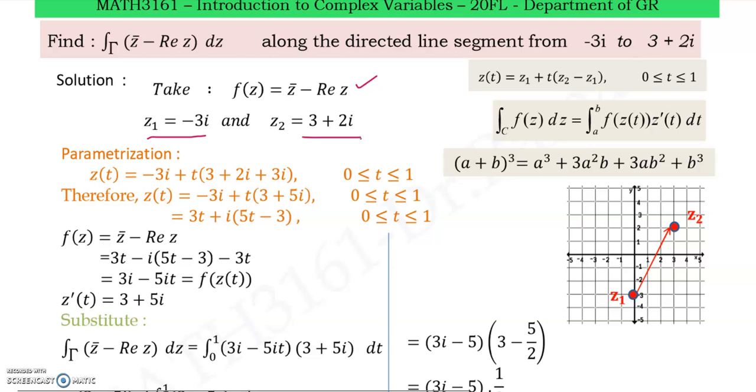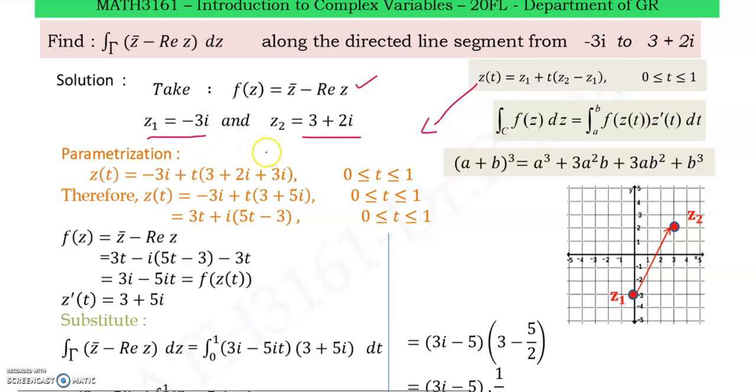Okay, now after that, to write the parameterization, you consider this rule. Now z of t is equal to z1 plus t times (z2 minus z1). So now z of t is equal to, z1 is minus 3i, plus t times, what is z2, 3 plus 2i. Then